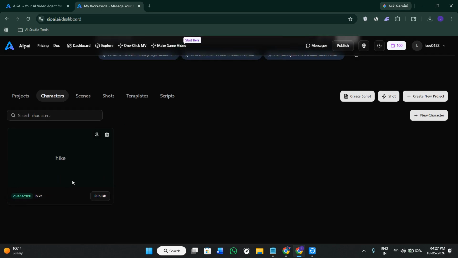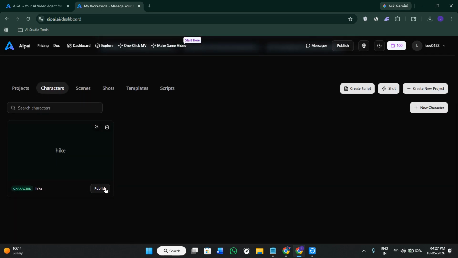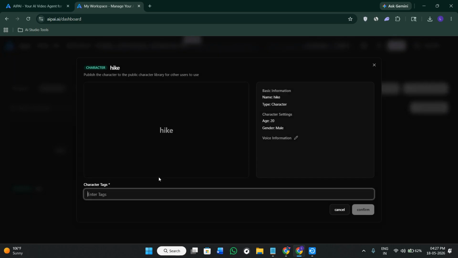Now whatever characters you have created will be shown over here, and if you want to publish them, you can definitely go ahead and click on the option of publish. Afterwards, you need to add some of the character tags for more reach, and then click on the option of